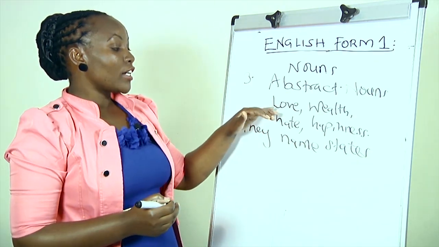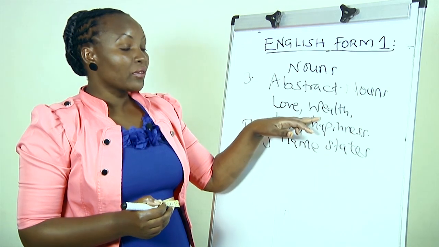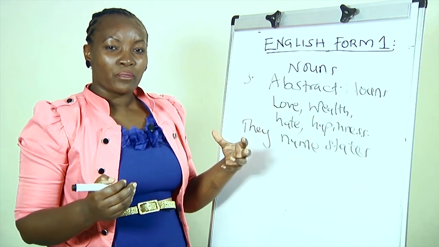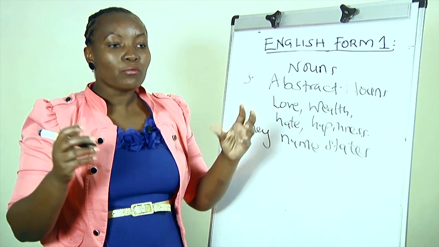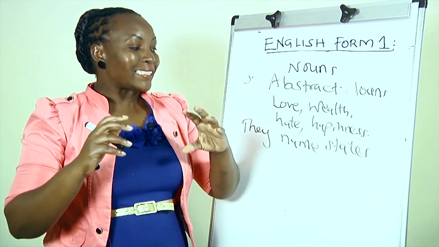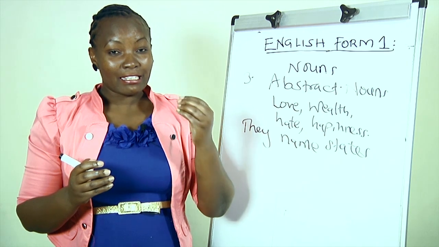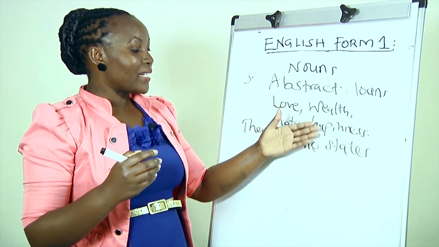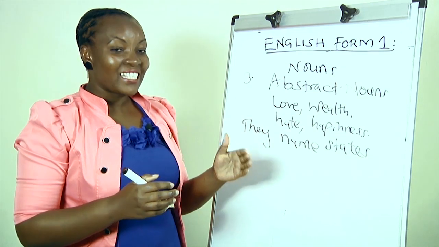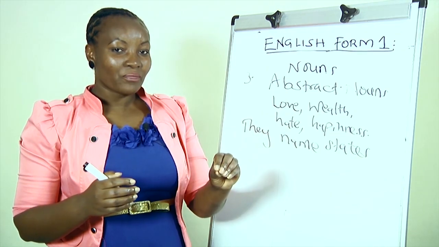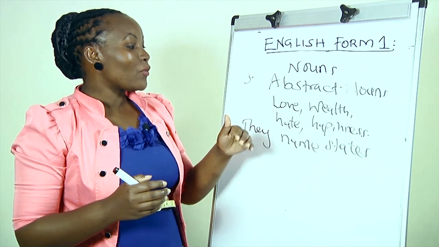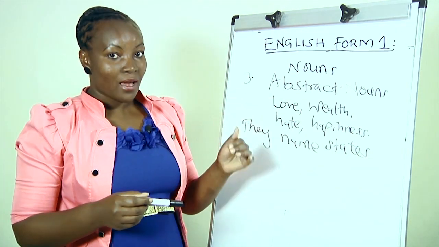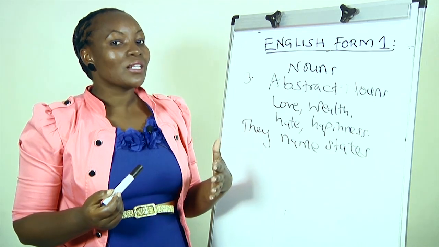For example, can you touch love? Can you touch wealth? Can you touch happiness? Can you touch hate? But you know about them. So these are the ones we use to name conditions, or states that we cannot just see and touch or smell, but we know they exist. You know that happiness exists. We know that poverty exists, but we cannot touch it. We cannot even smell it, but we know that they exist. So that is the group of nouns we call abstract nouns. Maybe using your pen, can you list down at least four